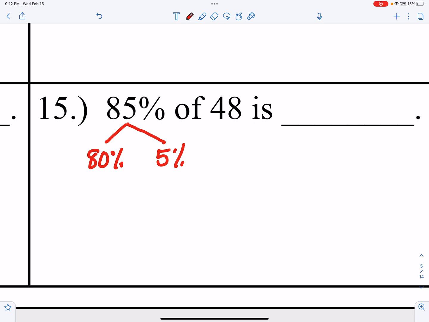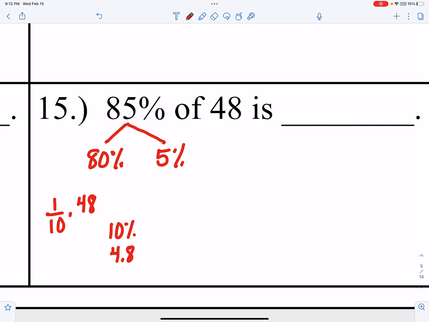So let's go ahead and figure this out. So we know 80%, okay? Let's find out what our 10% is first, okay? So 1/10 of 48, okay? What does that equal? That's just 48 divided by 10, or moving the decimal point. So 10% is